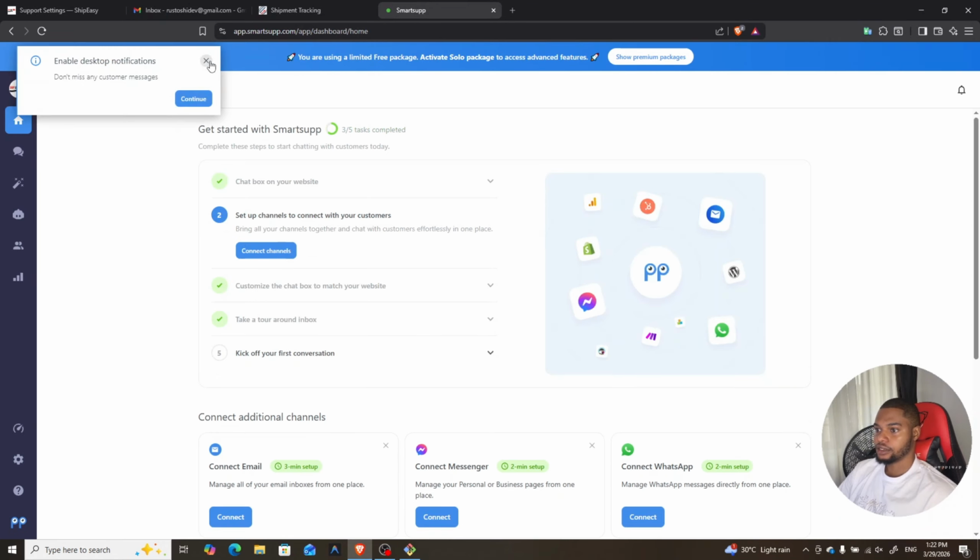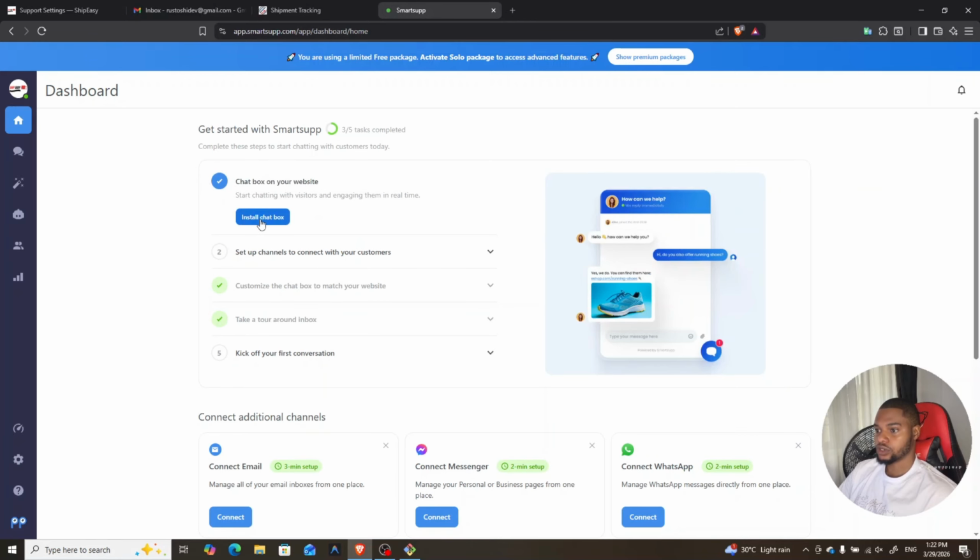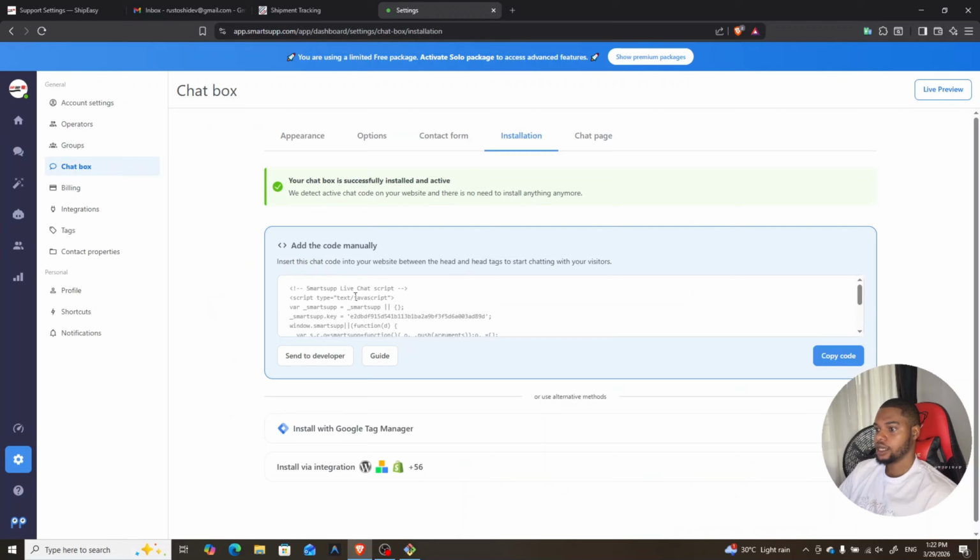Okay, and then you are going to see smart chatbots on your website. You click on install chatbots. Okay, and then in this place where they said add the code manually, all you have to do is copy this line. You see this line here that says Smart Sub key equals this particular code. This is your Smart Sub ID. Okay, this is your Smart Sub token. So you just copy just this part of it. Okay, the code is going to be different for you, so you copy that code,